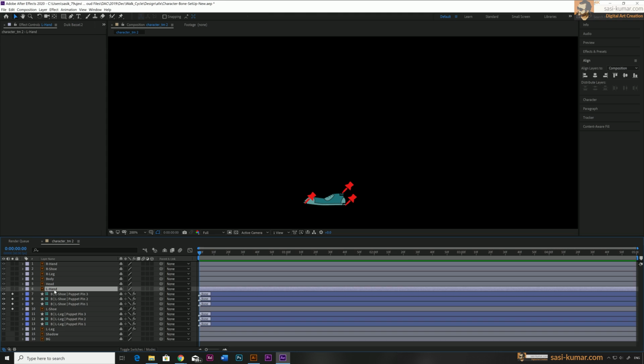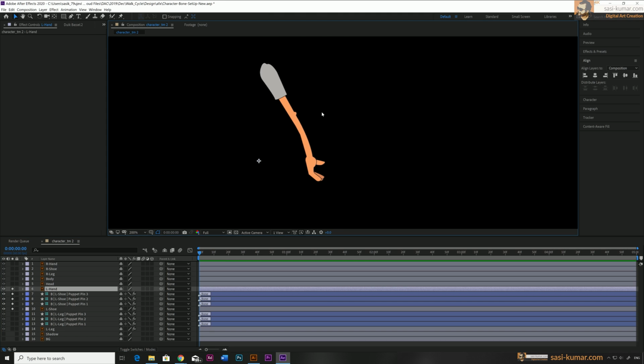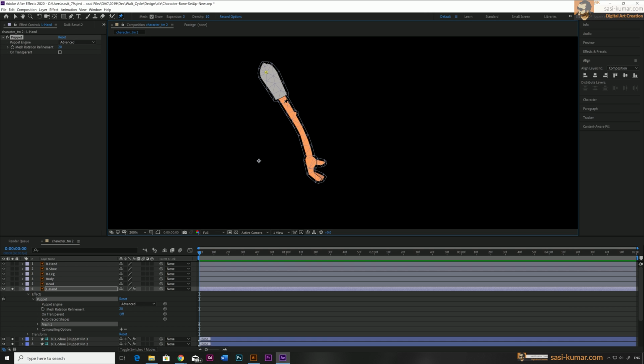Alright, so now let's go to the left hand and solo the left hand, and again I'm going to create joints, just adding puppets to the joints. 1 in here and second one will be here and third one will be in here. Wherever limbs are, you just put them here, and maybe we add 1 more to the bottom. You can have more details, but for this example I'm just going to have only 4 like this.